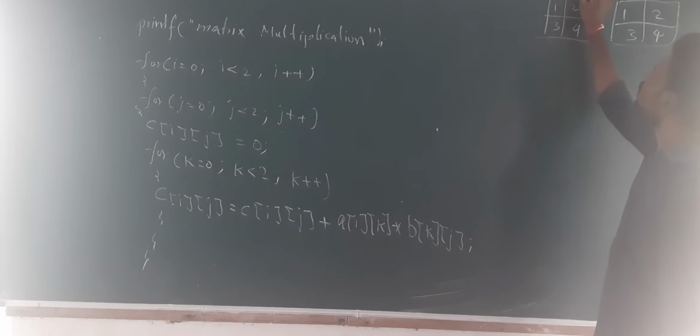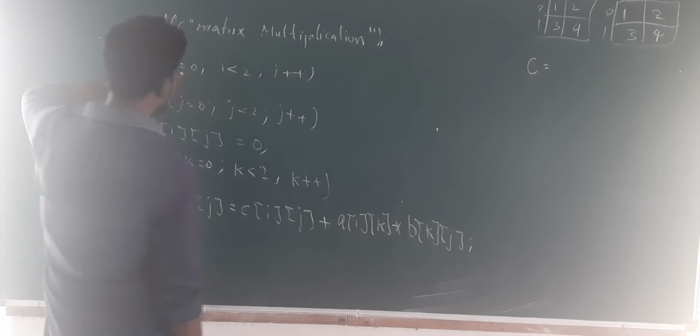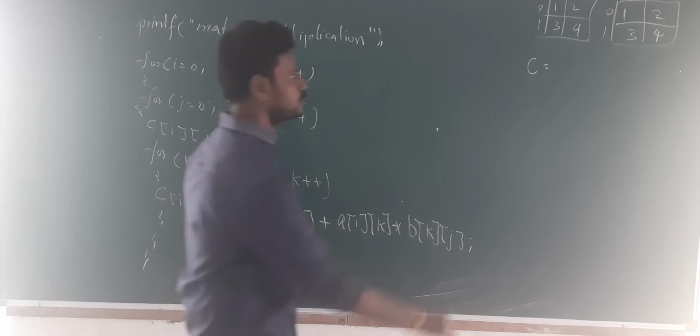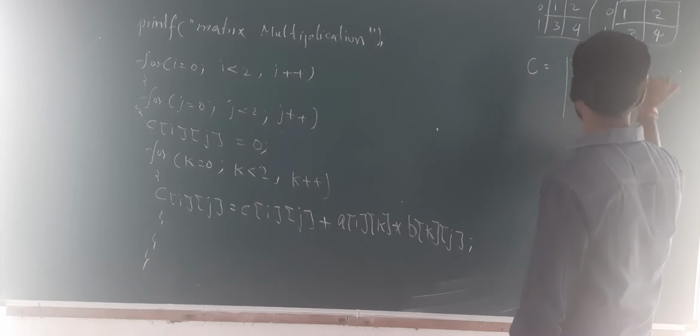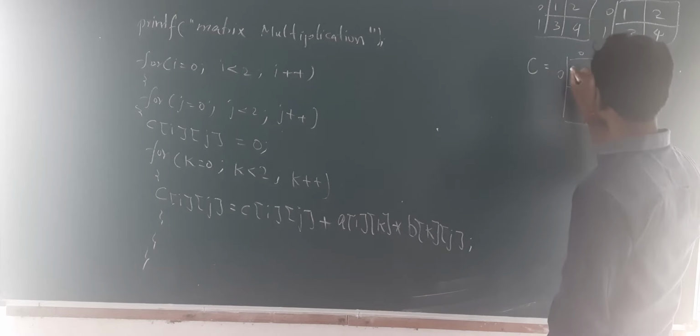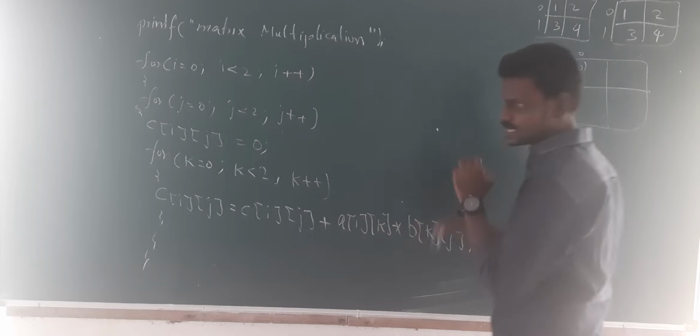I will try to implement this on the matrix. Try to see this 0, 1, 0, 1, 0, 1, 0, 1. This is A, this is B. Now I am having C. Okay, I am seeing for I equals to 0, I less than 2, yes, 0 less than 2, it is true, I will enter into this. 0 less than 2, yes, it is true, I will enter into this. So I am making C of ij equals to 0. Means to say that in this matrix, first location 0 and 0. This location is made as 0.